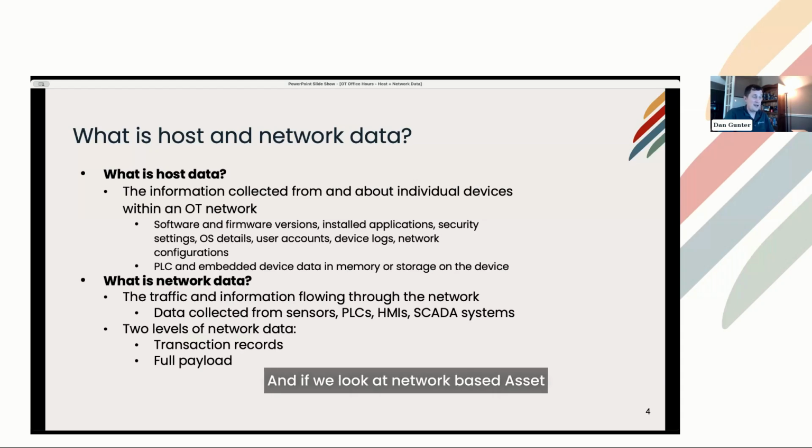And if we look at network-based asset ID solutions in the OT field, there's really three classes. There are the ones that are passively looking at network traffic. Again, you have to see the right packet with the right asset ID field come across at the right time. Sometimes that's when engineering workstations are open. Sometimes that's when other traffic is going on.